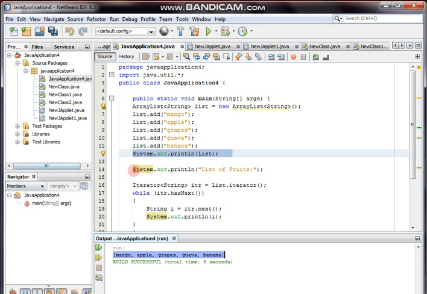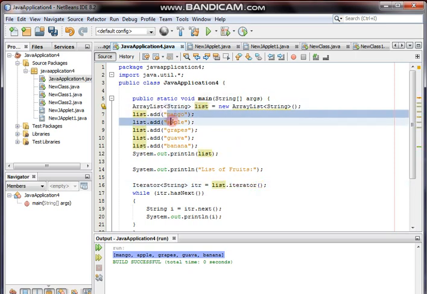So here I made the statement as list of fruits. I gave a heading. Thereafter I took the class name as Iterator. Then it is a string type, that's why String is written, because all the data has been kept within double quotes. Also at the time of creating the ArrayList I have taken String. So String type is written, and the object name I took here is itr. Then I wrote list.iterator. List, the object, is nothing but all of this.